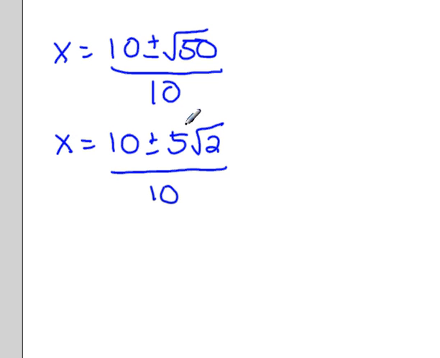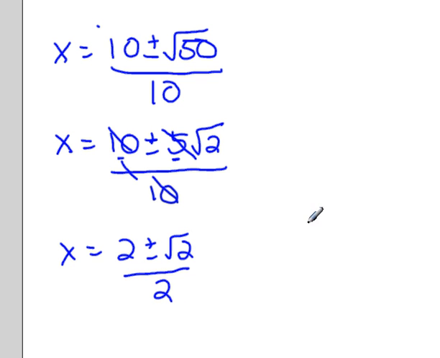Now I can simplify this. At this step, I cannot cancel out these 10s. I have to have it common between both terms in the numerator before I can simplify. Now that I've simplified, I have a 5 here, so I've got a GCF of 5. I can take a 5 out of everything. So if we reduce these all by 5, it leaves me with 2 plus or minus root 2